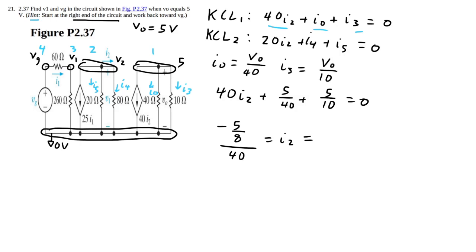Unless I made a quick mistake. Let's see. Because 5 over 40 equals 1/8, and then plus 1/2, 625. Yeah, okay. That means that I2 has to equal minus 15.625 milliamps. Okay, so now that we have I2,